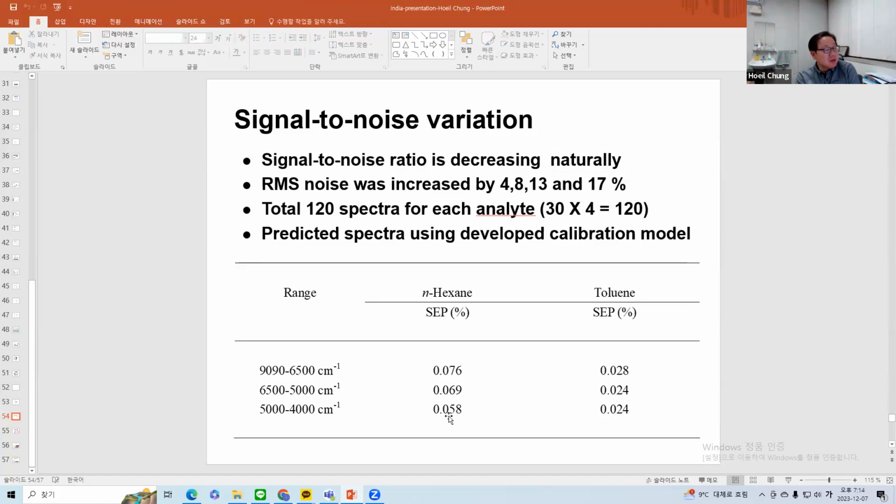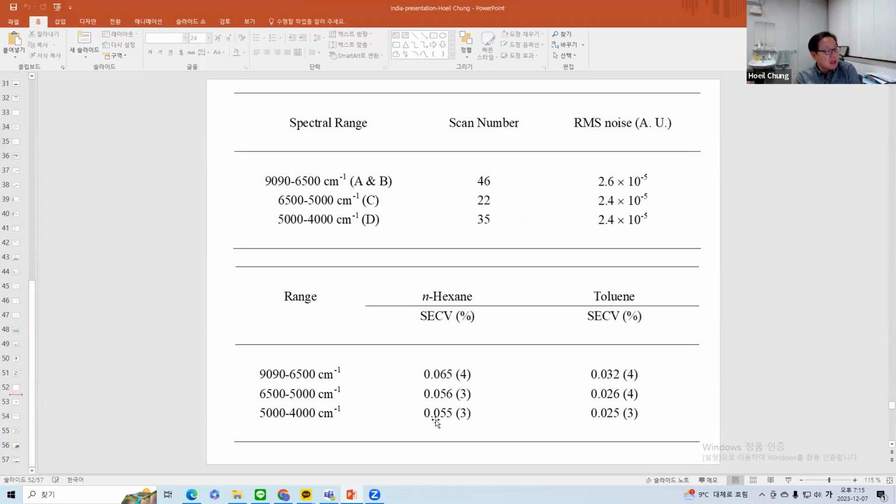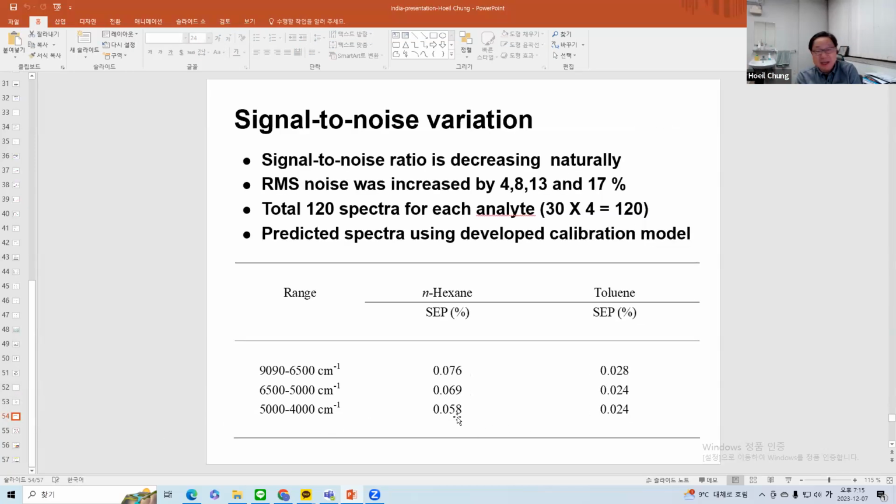You can see this is 0.08. Previously it was 0.055, but now 0.058, so it is not really changing. That means that because your spectral features are more clear, even a slight increase of noise does not influence it a lot. But in the case of using this range, the error was